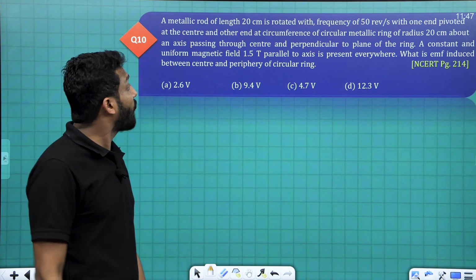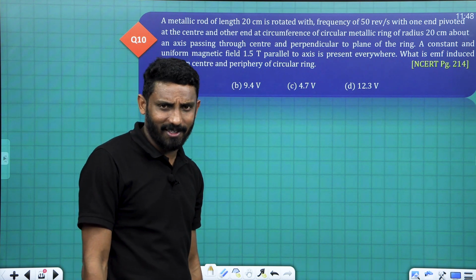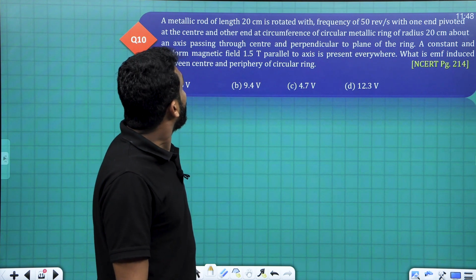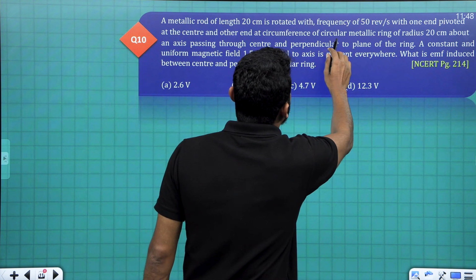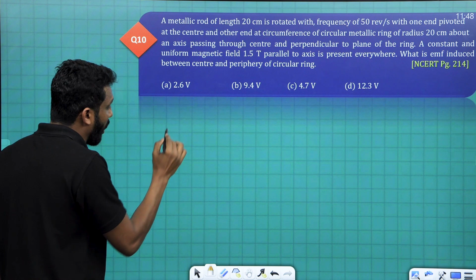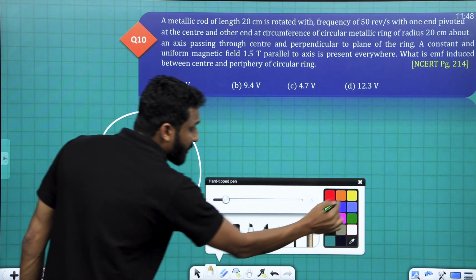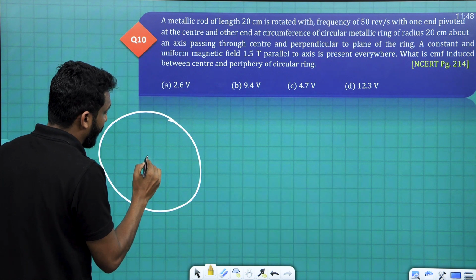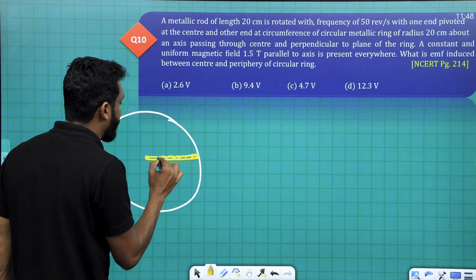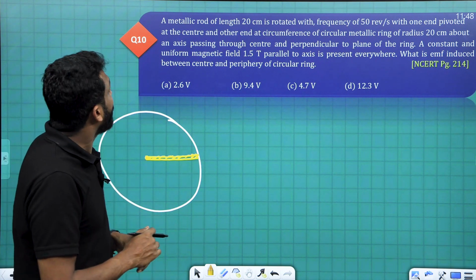A metallic rod of length 20 centimeter is rotated with a frequency of 50 revolutions per second, with one end pivoted at the center and the other end at the circumference of a circular metallic ring of radius 20 centimeter. First of all, I am drawing a circular metallic ring, whose radius is 20 centimeter. So, one end of this metallic rod is at the center and the other end is on the circumference, like this. This yellow one is the metallic rod and this is a circular frame. Now, it is rotating